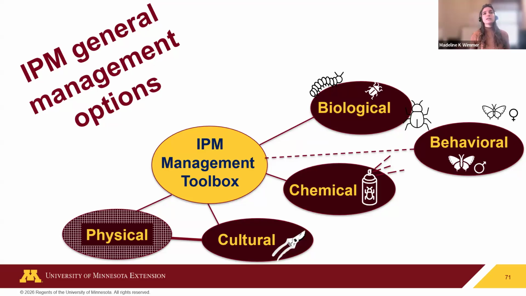And then there's chemical management, which is going to encapsulate pesticides. Behavioral management, a good example would be mating disruption. So, codling moth for apples, that's one example where mating disruptive tools exist. Whereas biological management is where you have something preying upon your pest. So there are predatory insects that can eat your pests, like predatory mites can eat pest mites, for example. And then you have parasitoids, which lay eggs in your pests, which will then hatch and